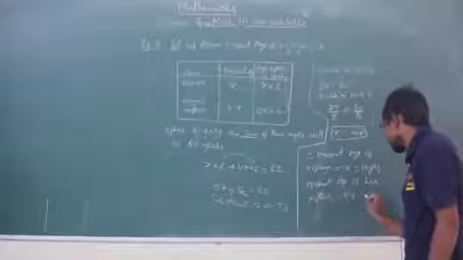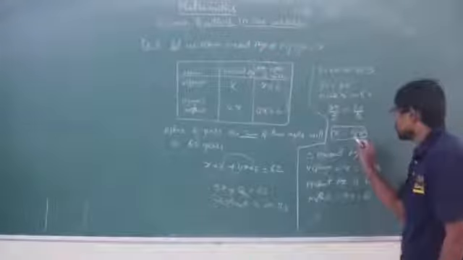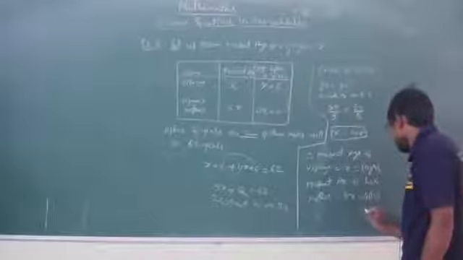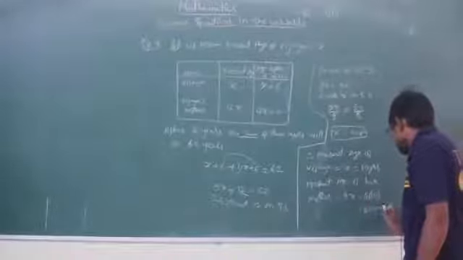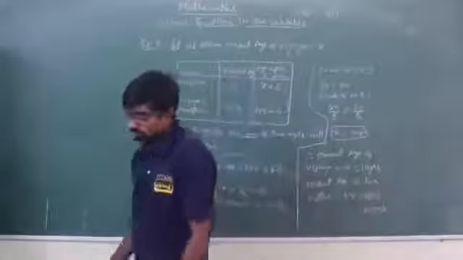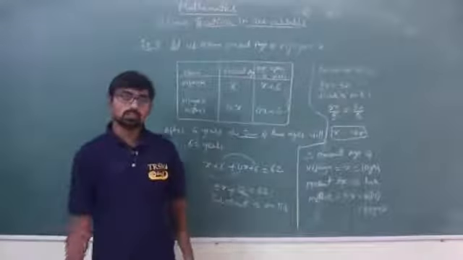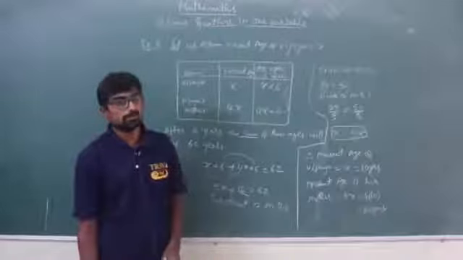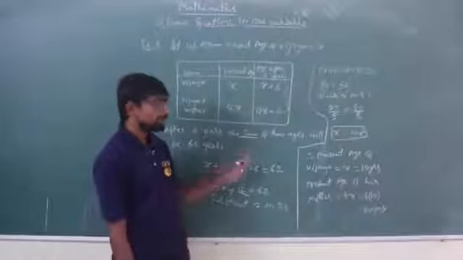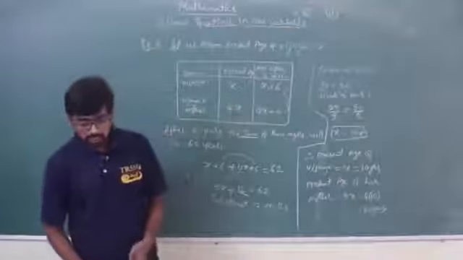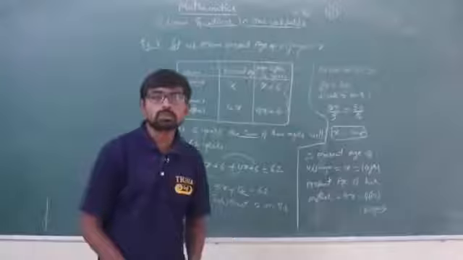So 4x equals 4 into what we have got as the value of x? 10. So 4 into 10 will give us 40 years. So this is how we can find the ages of 2 or more persons by converting it into an equation. Okay, so this is how we have calculated their ages. This is very easy, very simple, but you have to remember the procedure.